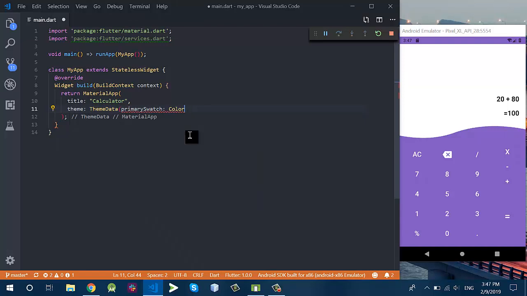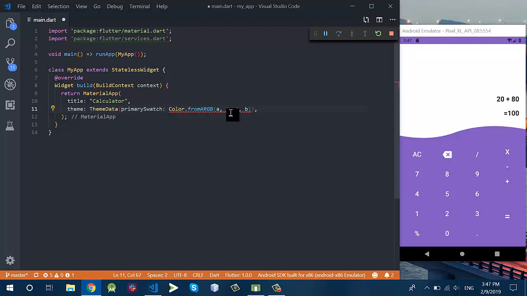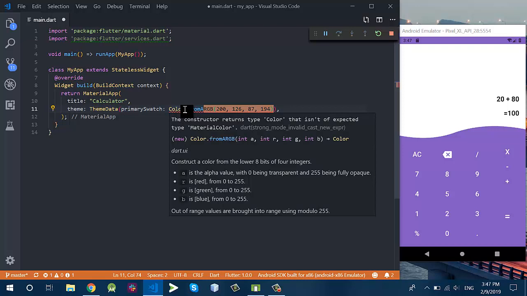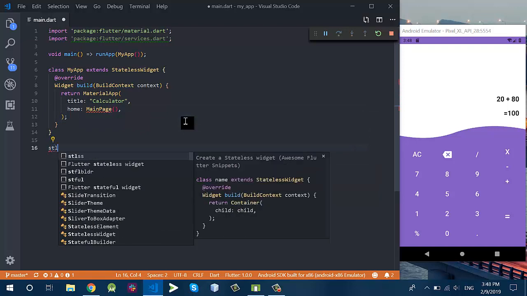Okay, so this is the theme attribute, and if you don't know the color codes, you can Google the color code, the material color code, and I have found this color. This is the color code. You can pick from anywhere. Okay, let me skip the color as of now, but I will set the home page, which is